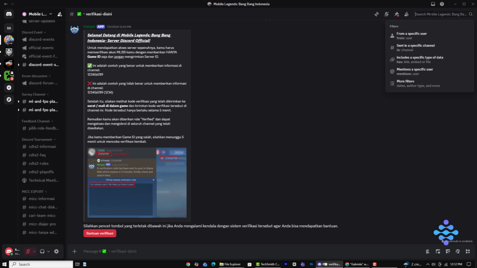You can even chain these filters together. For example, typing "from sale in general has: link" will instantly pull up every single link your buddy shared in